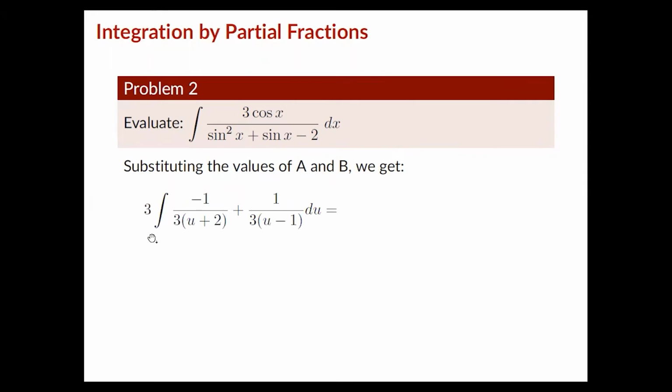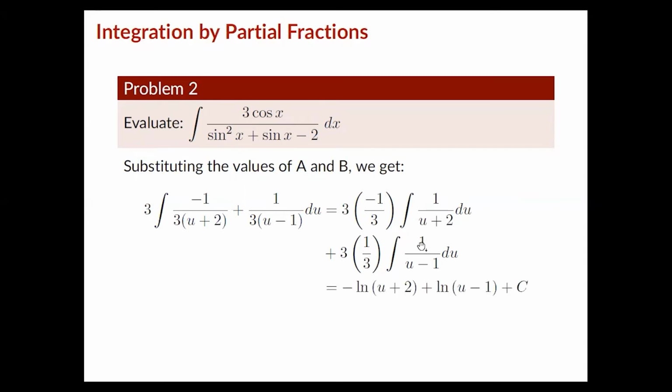3 times the integral of -1 over 3 times u plus 2 plus 1 over 3 times u minus 1 with respect to u. Fairly enough, kaya natin ilabas yung constant sa parehong integral so that we have this 3 times -1/3 times this integral plus 3 times 1/3 times this integral. Interestingly enough, kaya natin i-cancel yung 3 para ito ay maging -1 at para ito ay maging 1. So that meron na tayong negative natural logarithm of u plus 2 plus natural logarithm of u minus 1 plus